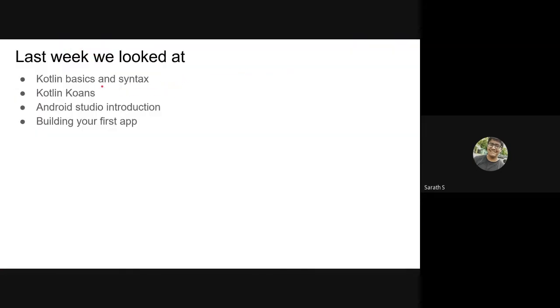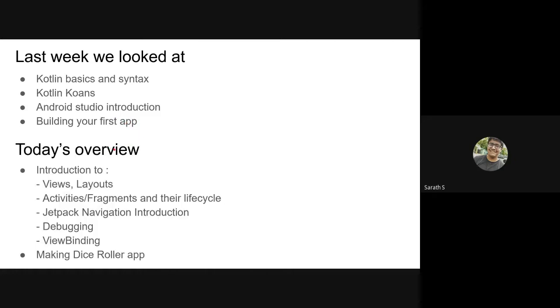Last week we looked into Kotlin syntax and the Android Studio introduction, and we just built the default Hello World app. Today we'll be looking into all the types of Android components like views, layouts, activities, fragments, and navigation, and then how to debug your apps.